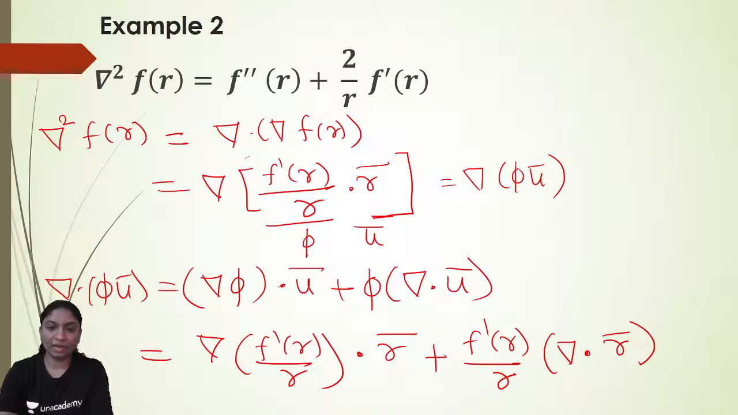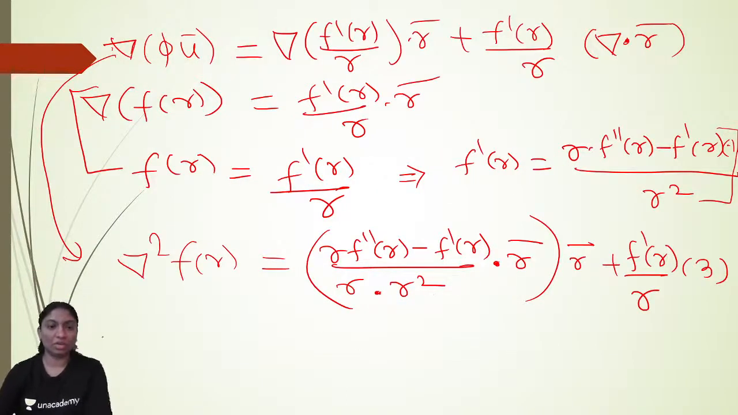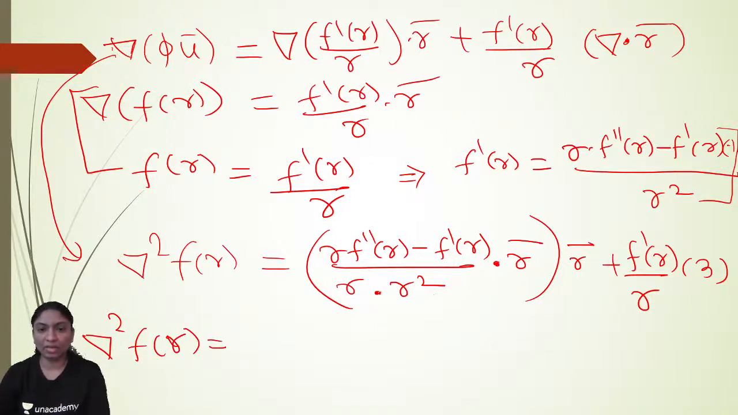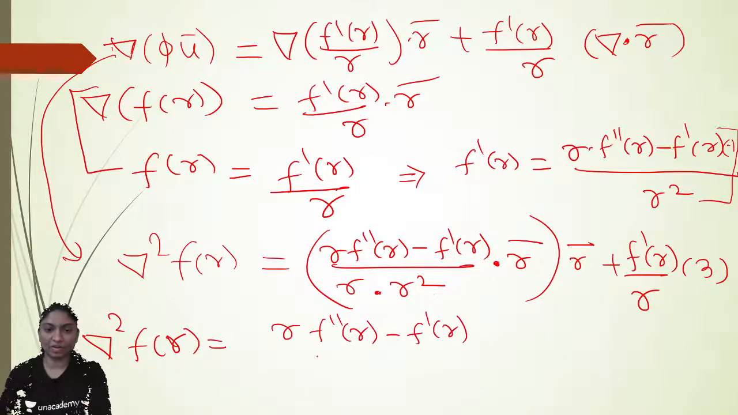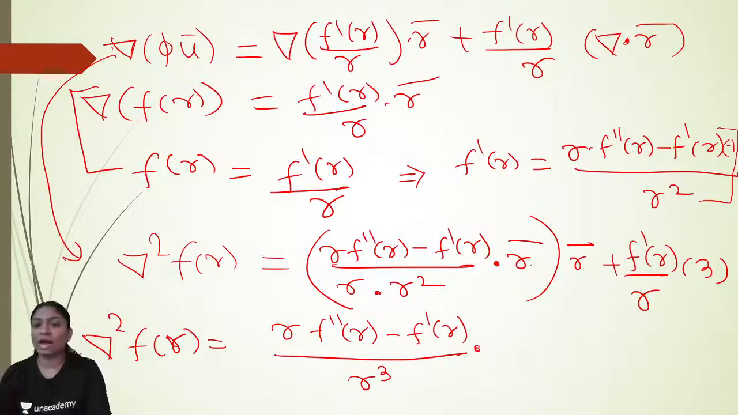तो यहाँ पे बन गया del dot r bar is equal to 3. So you will get del square of f of r is equal to r. अभी ये r जो है ये सेपरेट आउट करूंगी मैं तो क्या मिलेगा, f double dash of r upon r square है, so r bar dot r bar क्या बन गया हमारा, r into f double dash of r minus f dash of r upon r cube into ये r dot से